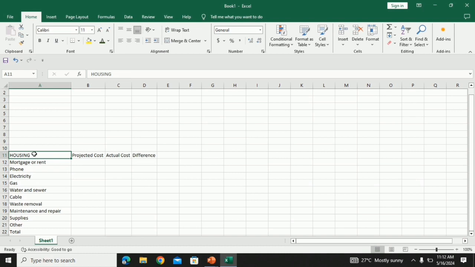Make the headers bold to highlight them. And also the total. Double click, bold.